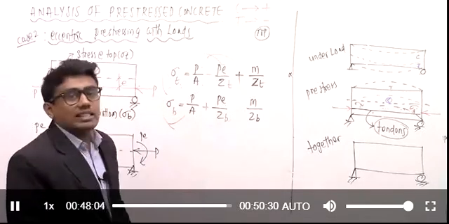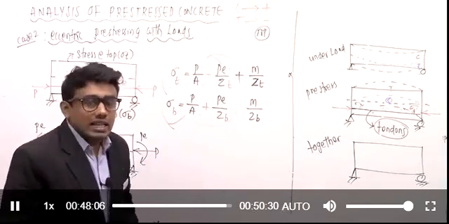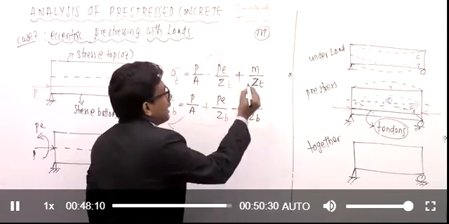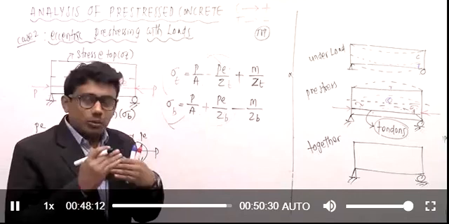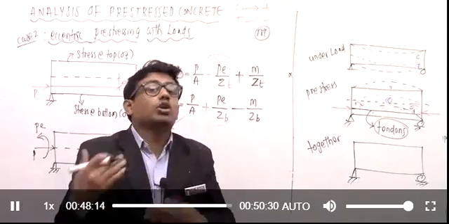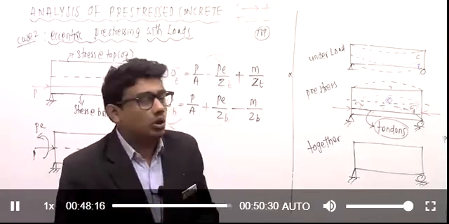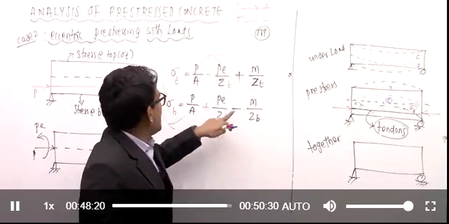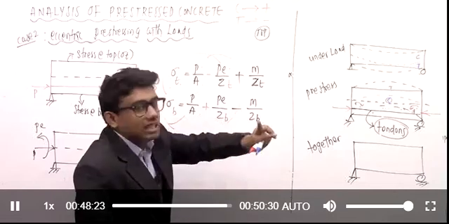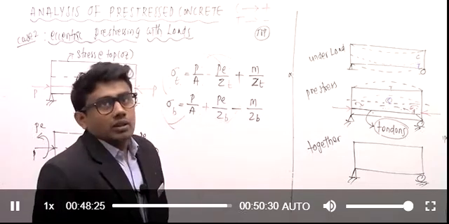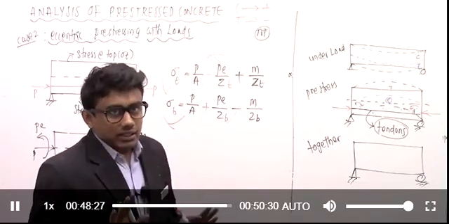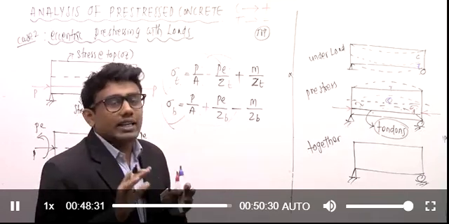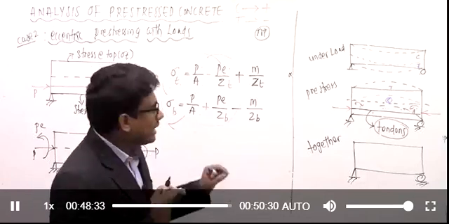And below the neutral axis, what is the nature of stress? Exactly, it is negative. The stress due to bending moment due to loads will be like this: on the top fiber plus M by ZT, and on the bottom fiber minus M by ZB. I'm sure that you got this concept, right? You are going to get many questions from this single equation.